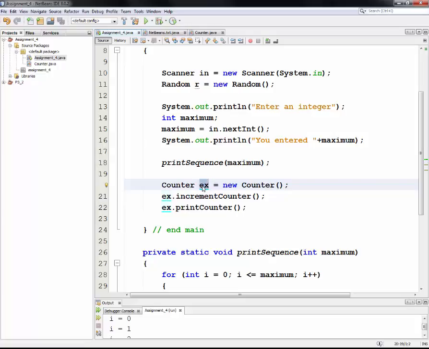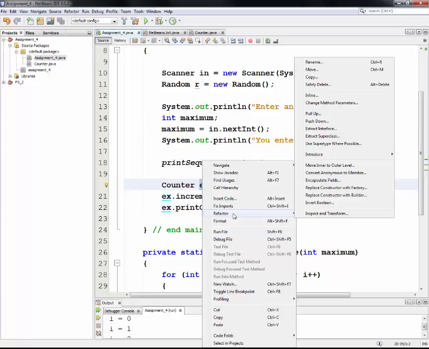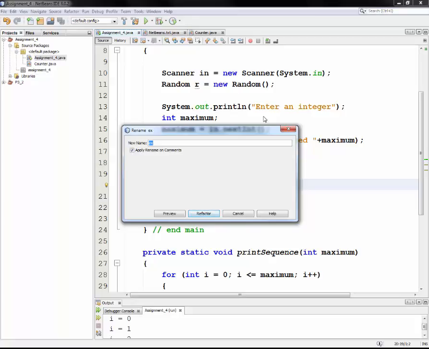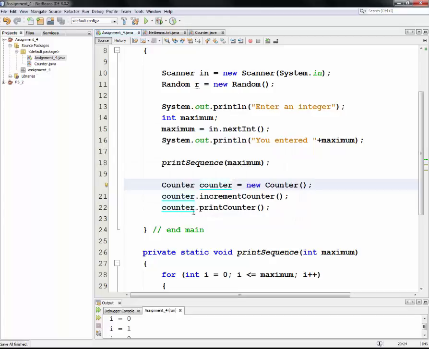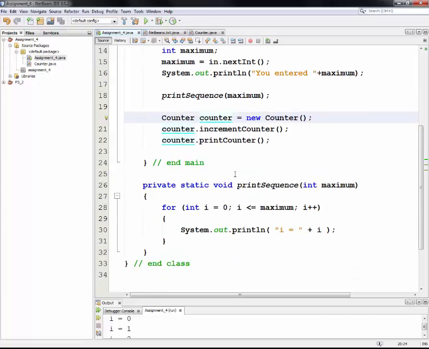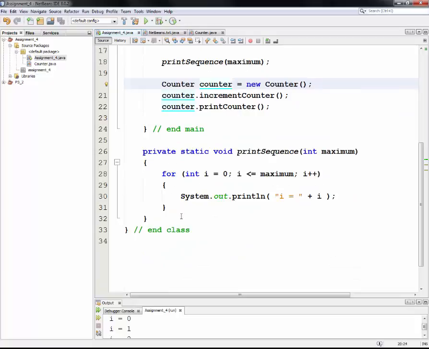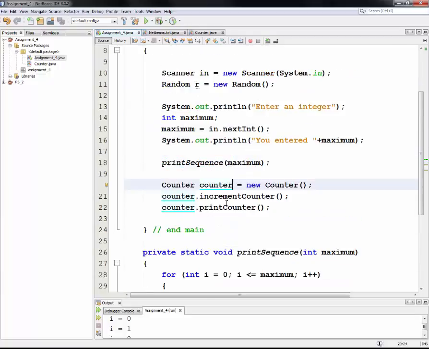So I may as well right click on that and choose refactor, rename, and I'm going to rename that variable to counter with a lowercase c. Okay, there. Maybe you don't like the repetition of the word counter so many times. You could give your variable a different name. But now we have shown that refactor can rename your variables. It can extract code and place it in a method. You can rename classes, and the last thing I want to do is show the encapsulation